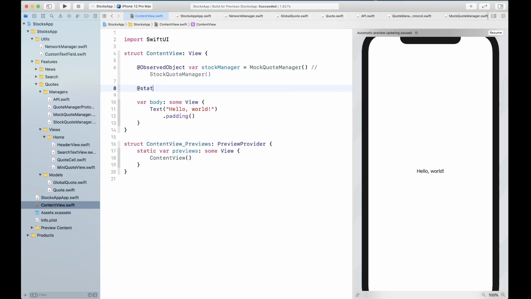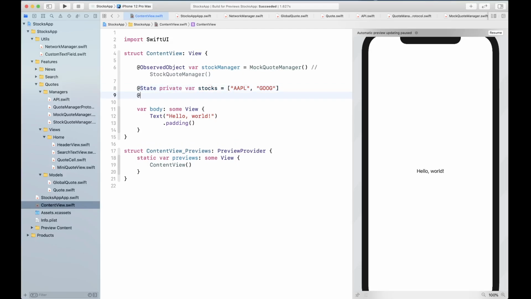So state private var stocks. So these are going to be the stock symbols that we're going to retrieve from our saved symbols list. For now, I'm just going to populate this with some values, but it's going to come from our user defaults.